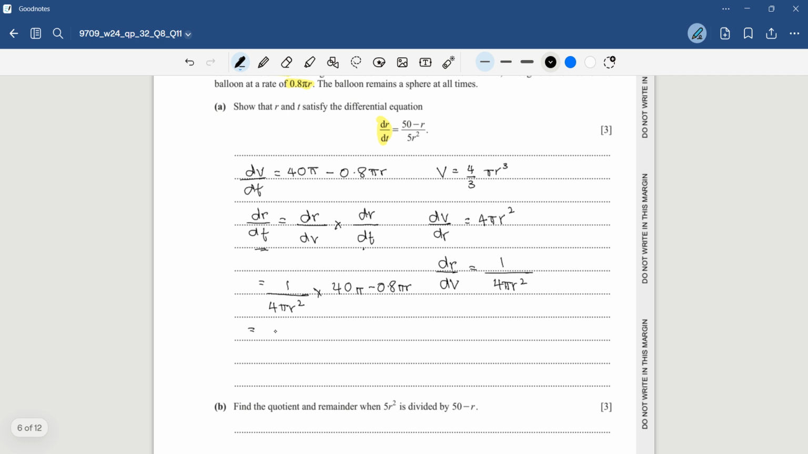So it's going to be 1 over 4 pi r squared, multiplied by 4 pi times (10 minus 1 over 5 r). So you can cancel the 4 pi. So you simplify this, and you will get (50 minus 5r) over r squared. Okay,